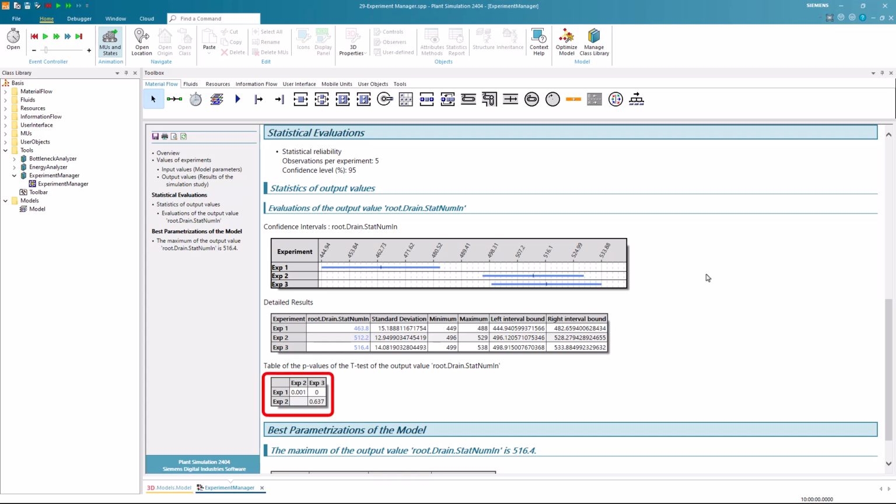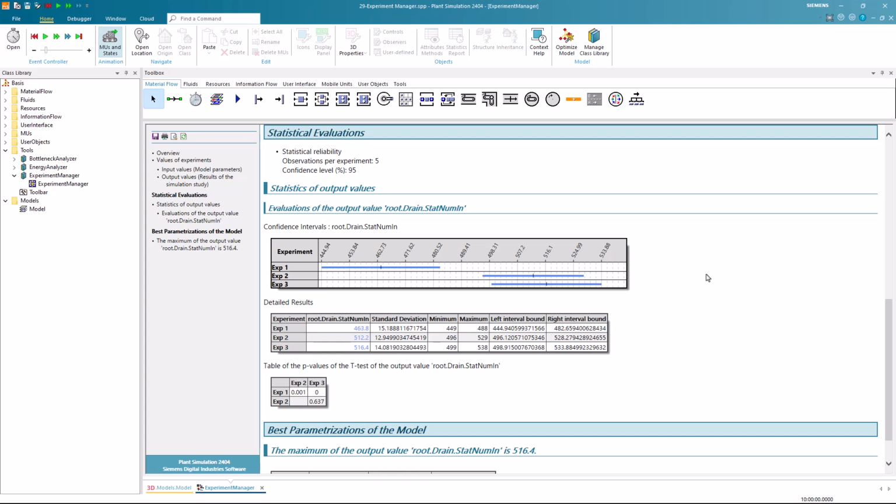P-values help us determine the statistical significance of the differences between the means of our experiments. They indicate the probability that the observed differences occurred by chance under the null hypothesis, which assumes no real difference between the groups. Let's have a look at the first row. The p-value of 0.001 suggests that there is only a 0.1% chance that the difference between the means of experiment 1 and experiment 2 is due to random variation.